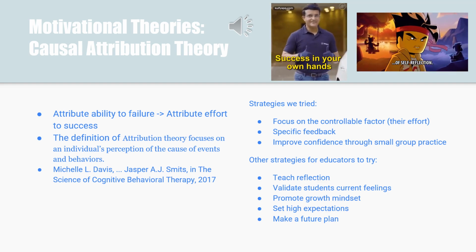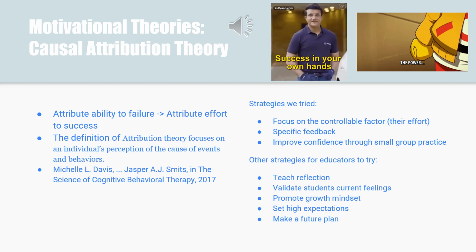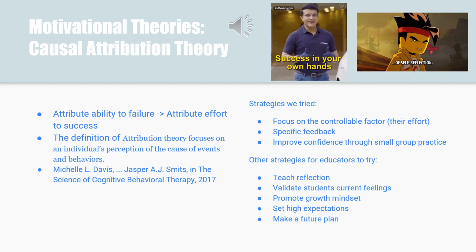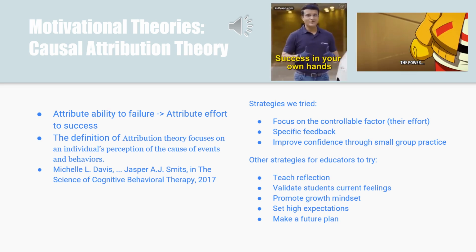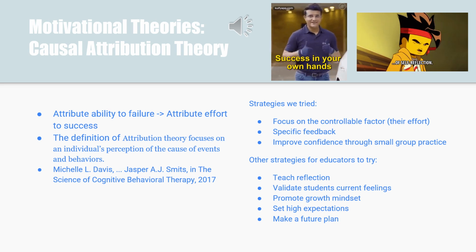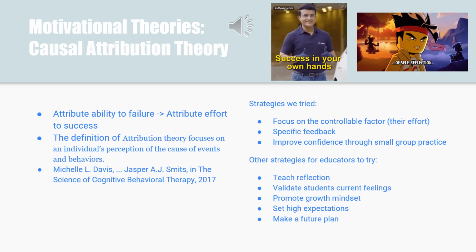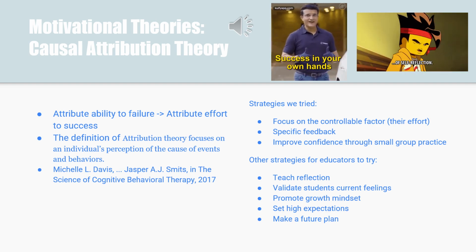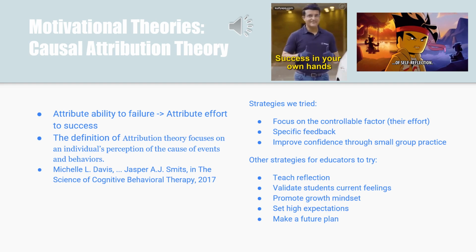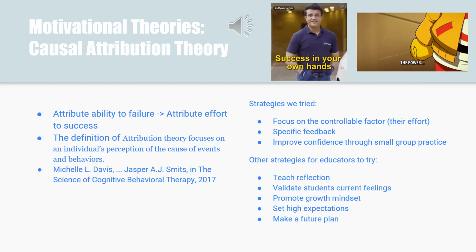So students may attribute their ability to failure, but the productive way to teach them or retrain them is to attribute their effort to success. Some ways that we use strategies in our classroom for causal attribution theory is we focused on the controllable factor, which is their effort, and we gave specific feedback, and we tried to improve their confidence through small